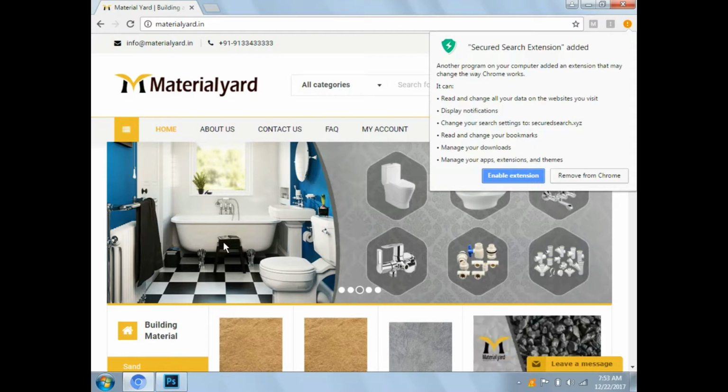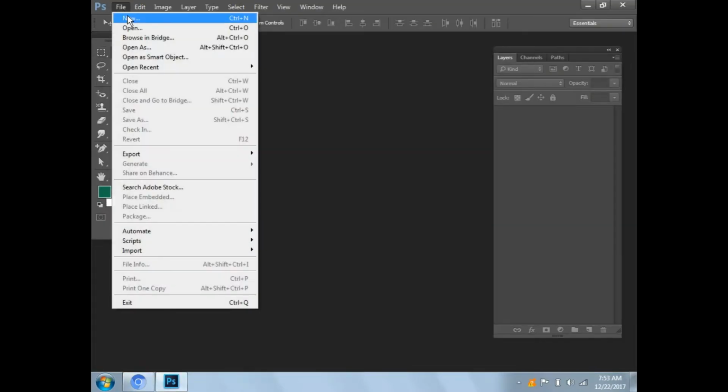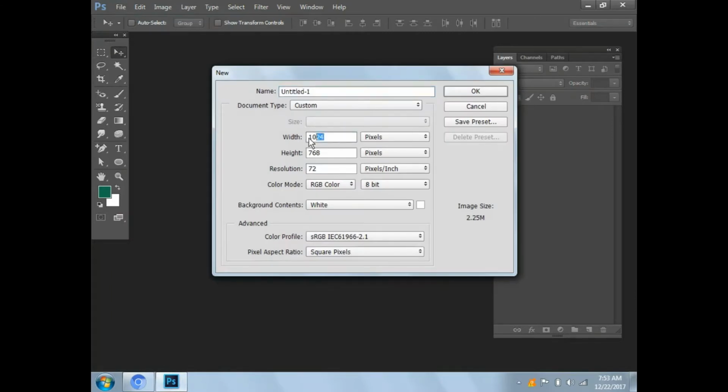What is the size? 570 into 570 pixels. Why are we taking 570 into 570 pixels? Why are we taking pixels? First of all, it is completely web related. On the web, on the internet, everything is completely based on pixels. There are no inches, no millimeters, no centimeters. If you design anything for web purposes, it is indicated in pixels only. 570 by 570 is the client requirement size. Okay, let's go for this size.